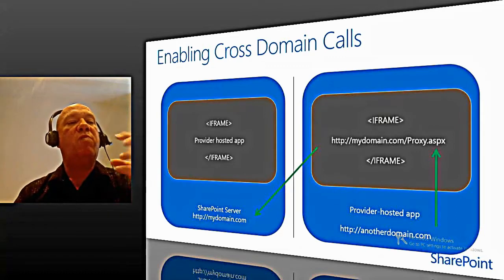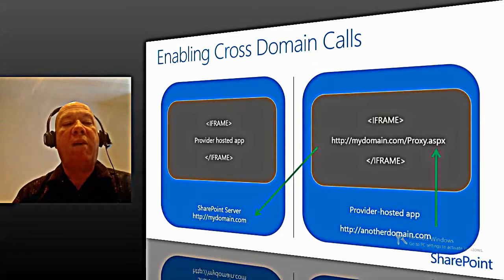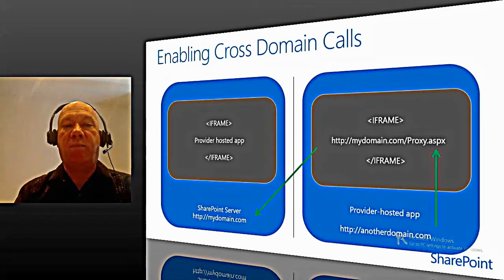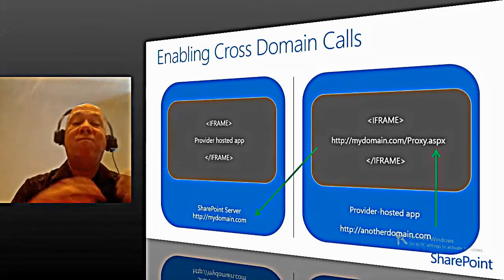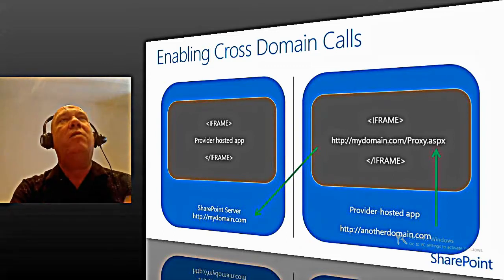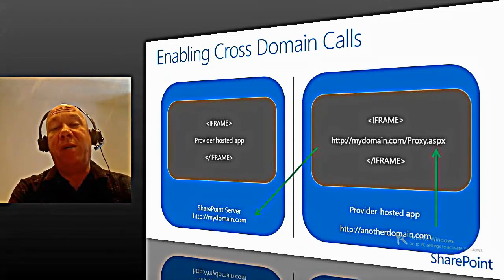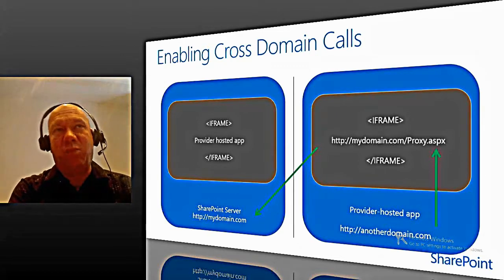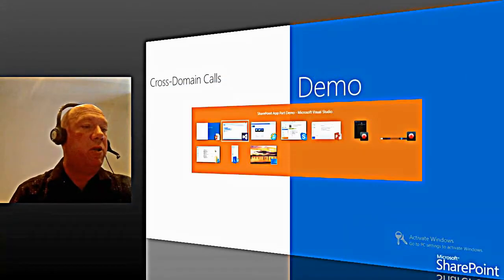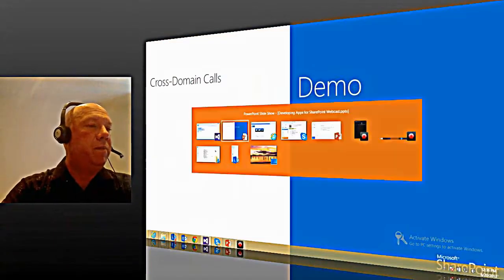So by going through this proxy page, you have the ability to avoid the cross-domain problems. Okay, so a nice, simple mechanism for accomplishing this. As I said, elegant. Your first instinct might very well be, this isn't nice, but it works, and it's nicely automatic. So just so you can see what it looks like, let's pop open